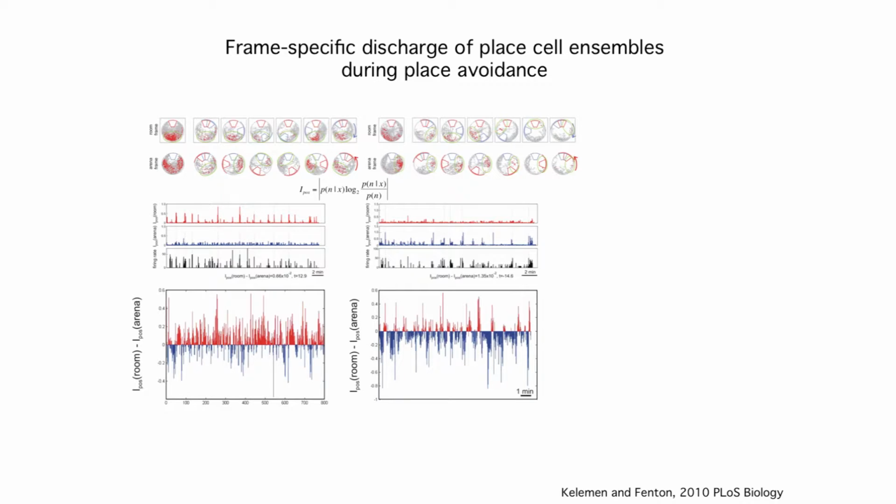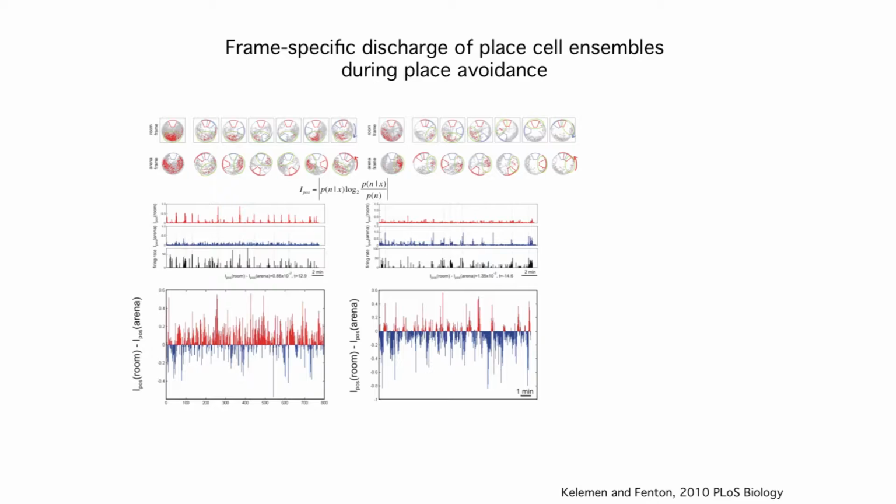So there are several ways to do this. We developed an information measure that's shown here, and what's plotted here on the y-axis, in red, is the amount of information that the cell discharged in about 130 milliseconds, the amount of information about where the animal was in the room, in blue, the amount of information about where the animal was in the arena, and the red is the discharge of the particular cell during that 133 milliseconds across a long recording. And so you can see this rare cell, when it discharges, it seems to reliably say something about where the animal is in the room.